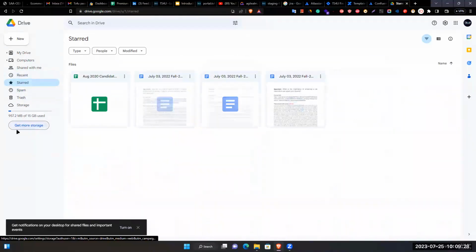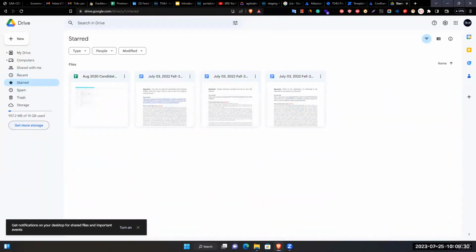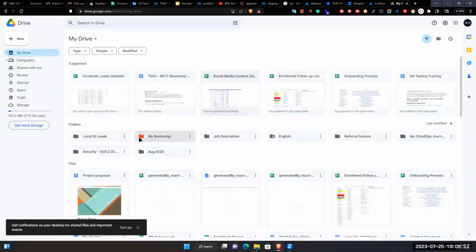And this is Starred. If you set up any favorite or mark it with a star, it will get into Starred, because sometimes we have so many files and directories in a single drive. Some of the files we may want to mark with a star, so that we can work on those files or directories easily. So we can do this also.